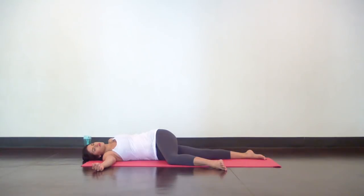Chances are you haven't twisted much in the last several months, so give yourself some grace, some patience, as your body slowly softens. And if you need to, you can drag your left knee back. You can even prop your left shoulder up. Wherever you are,